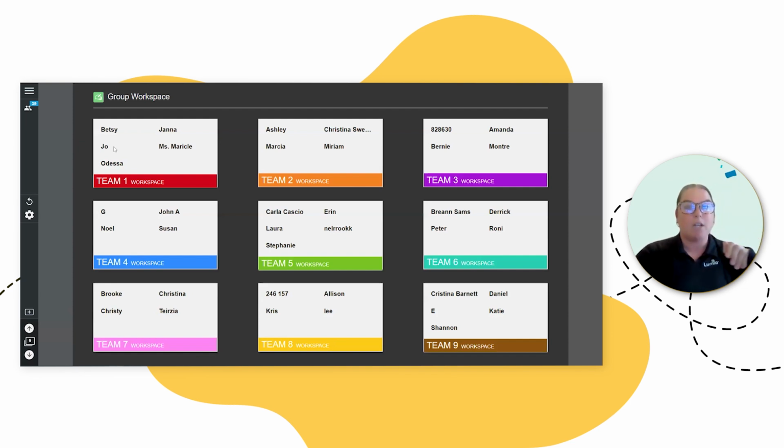Okay. So we've now seen individual, we've seen whole class, we've also seen group workspace, how we can make a manipulative, how we can find other manipulatives. So hopefully your wheels are turning for next school year for math and Lumio. The last strategy I'm going to show before we get into the teacher side and how did I create some